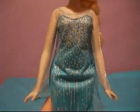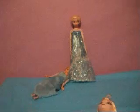Next up is the Hasbro doll. So, this Hasbro says, do not fall! Here are all of the dolls together. Whoops, sorry. Sorry, darling. Oh, no,